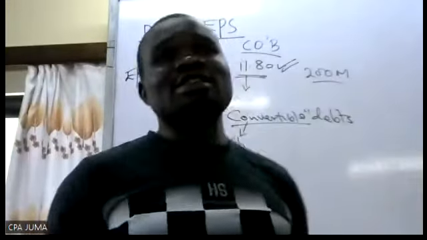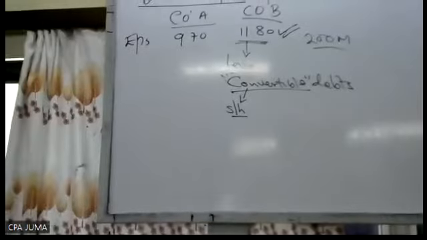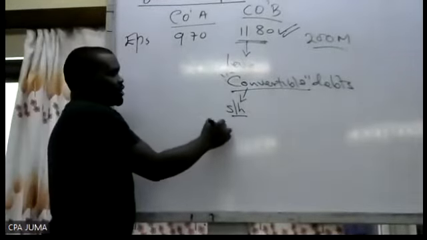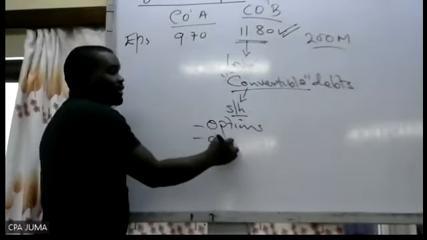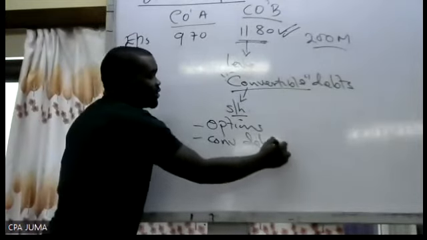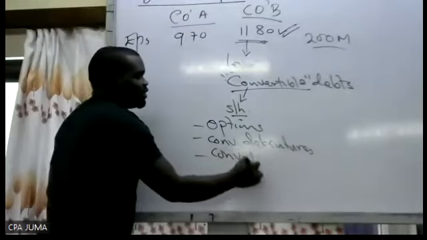So actually, this is what brought Eveready down. So it was very serious. And why? What happened? What they did, they borrowed, they gave out securities, they gave out options, they gave out convertible. If you get time, just read the story of Eveready. Convertible debentures, and also there were convertible preference.